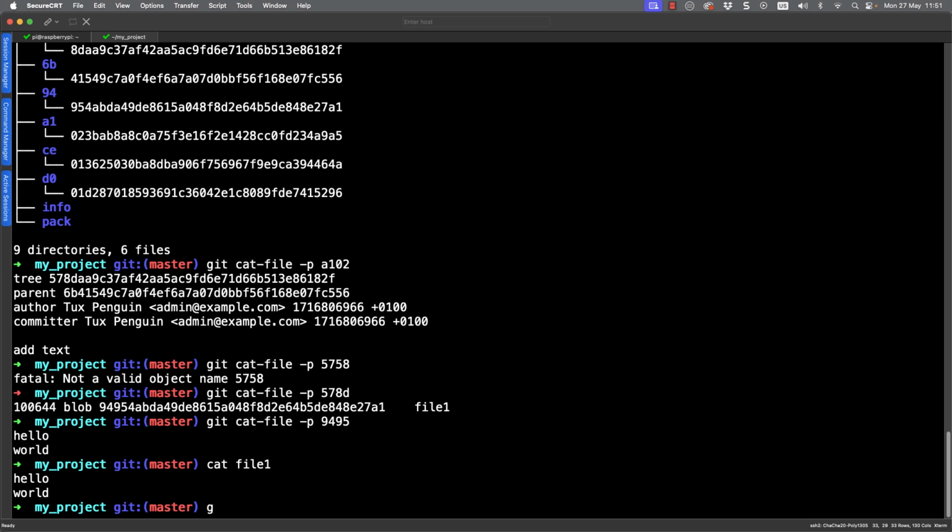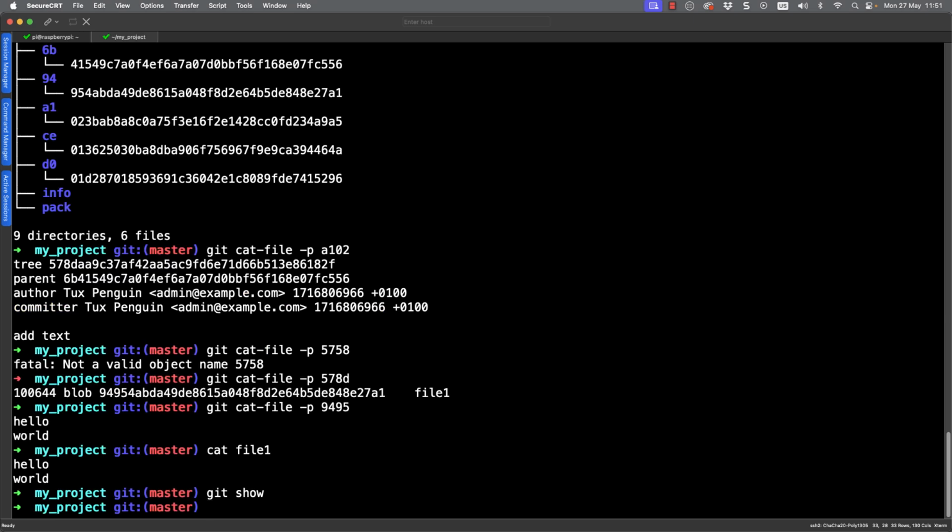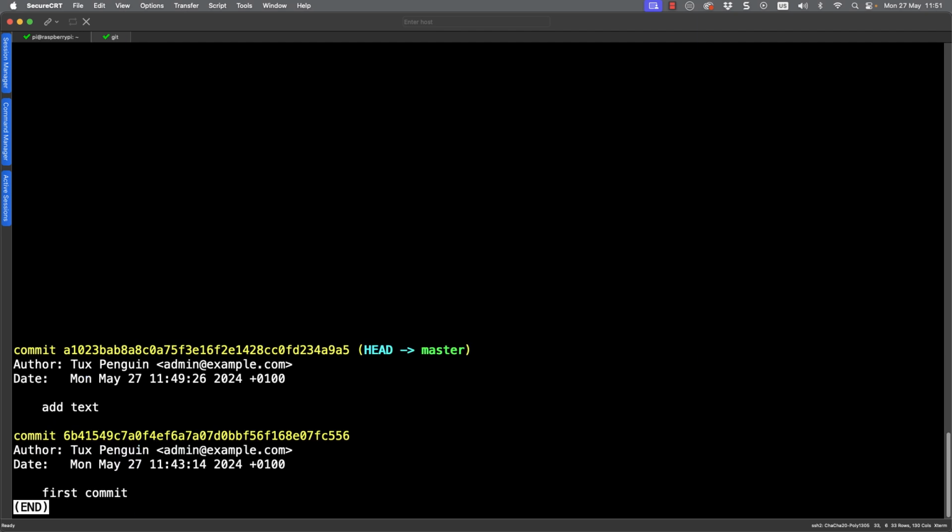But how can we utilize these commits? Well, let's look at our git show. This shows me the last commit. So we can see then the commit object. We can see the message. We can see then the difference between this commit and the previous commit that we added in the word world. So this does give me a lot of great information. But if those changes were complex and maybe to many files, it's not going to really help.